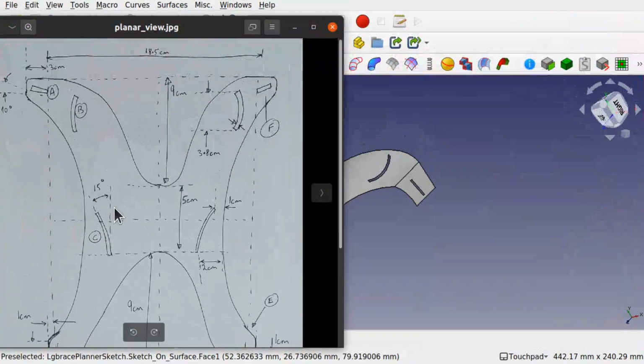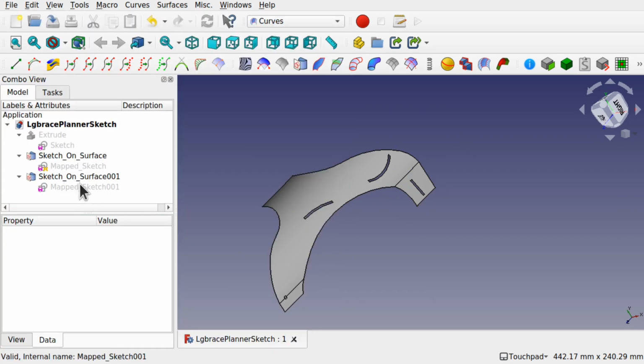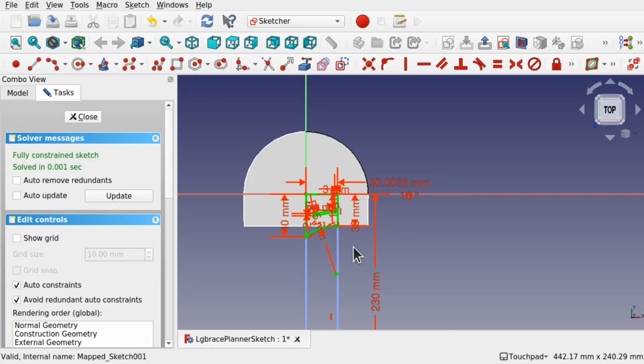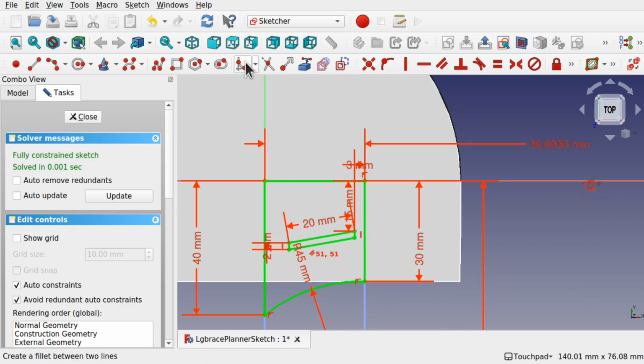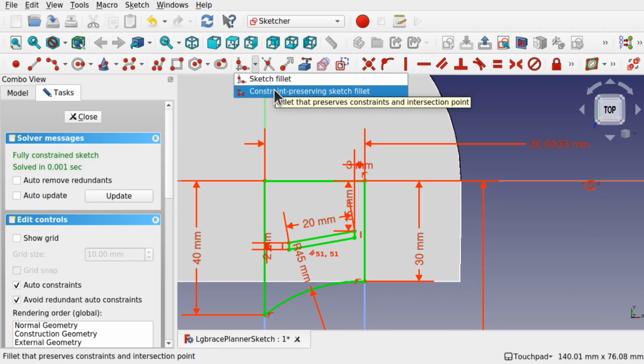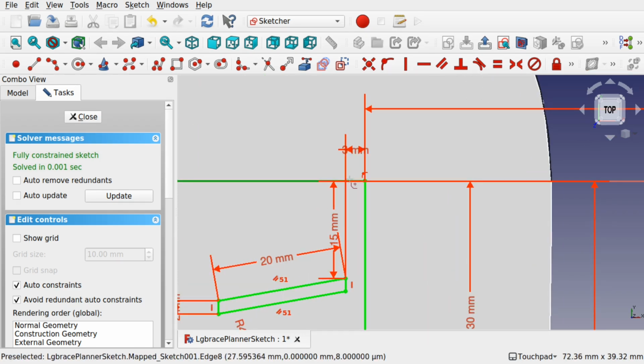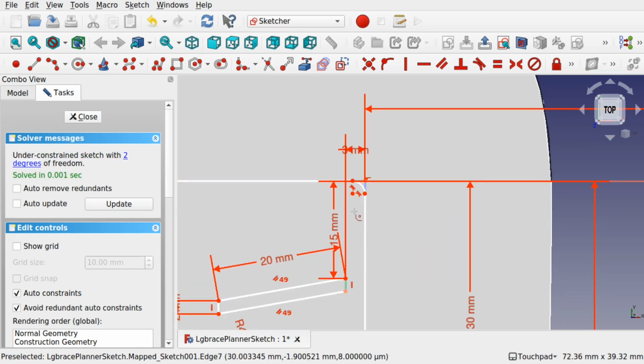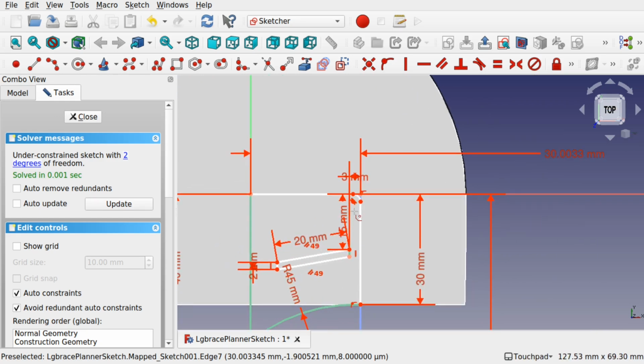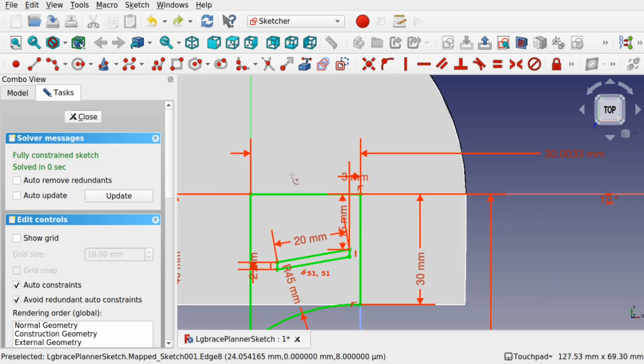If we missed anything, we've got some angle on here which can be adjusted. There is some curvature on these lines which we could come in and use the fillet, but preserve in sketch fillet, and just fillet those two like so. So we create some fillets along there. I'm just going to leave those as is,